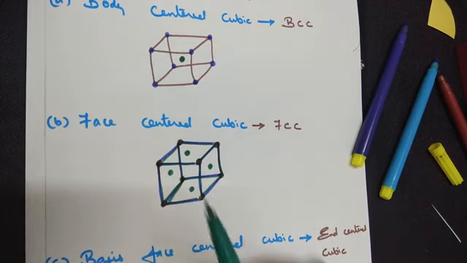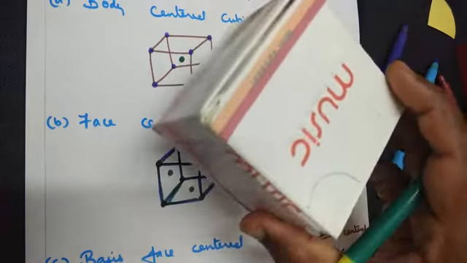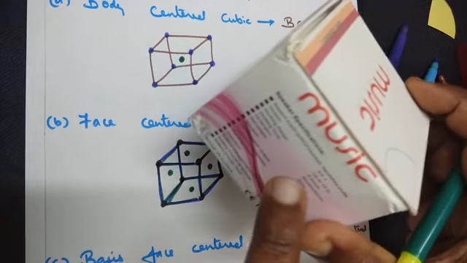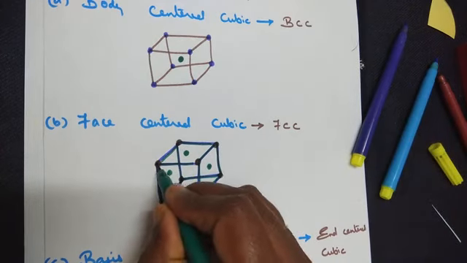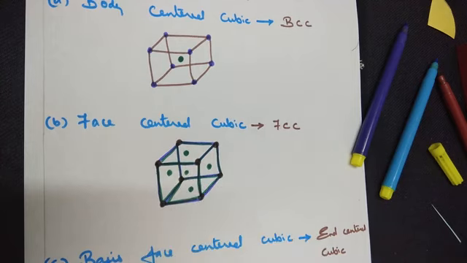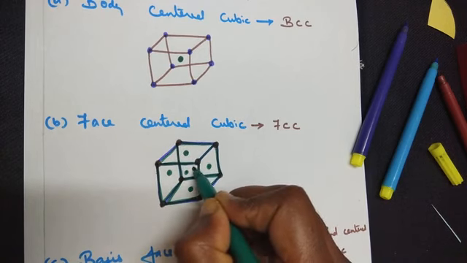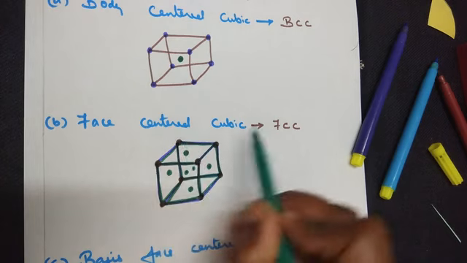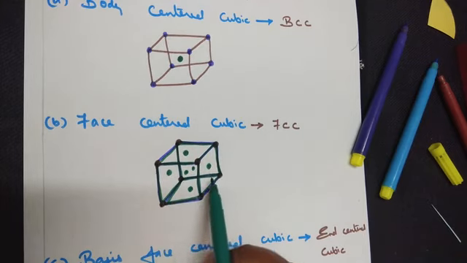Now we have the side that is facing towards us and the side that is facing away from us. We have written it for all the 4 sides. Now we need to mark the point for the side that is facing us and the side that is facing away from us. So just imagine, for the front face, there is a lattice point here. Similarly, for the behind face, there is a lattice point here in the middle. So face centered will have how many additional lattice points? 6 lattice points will be there in the middle. They are placed on each side.